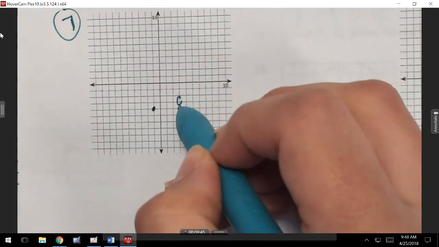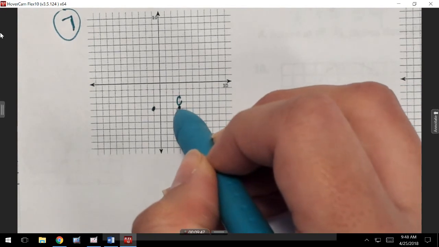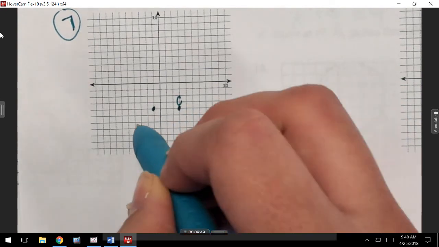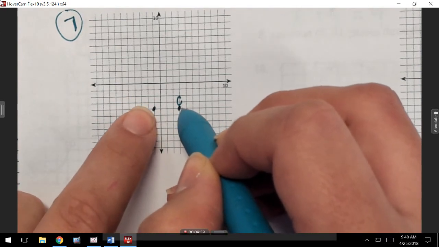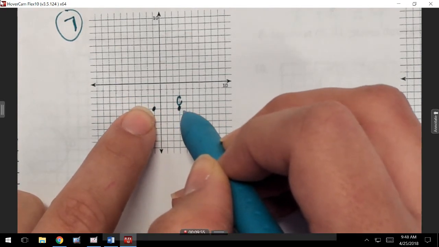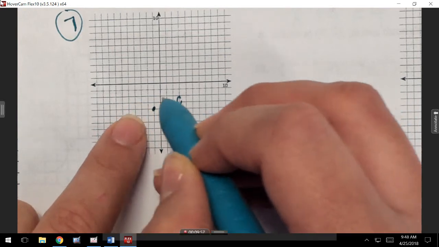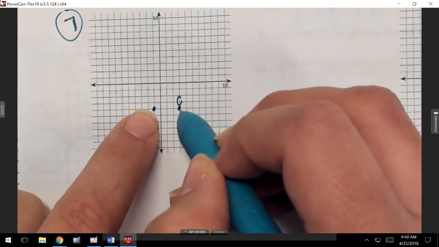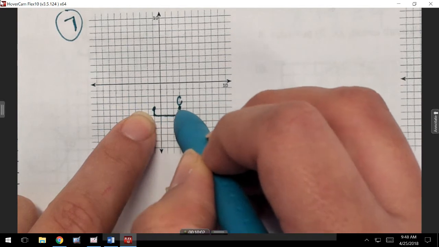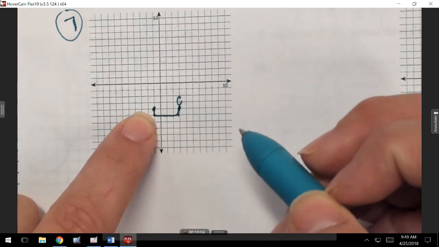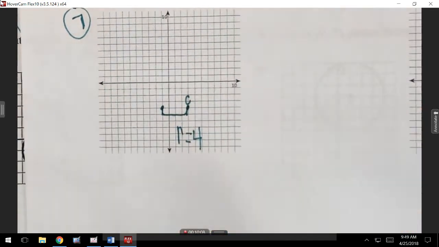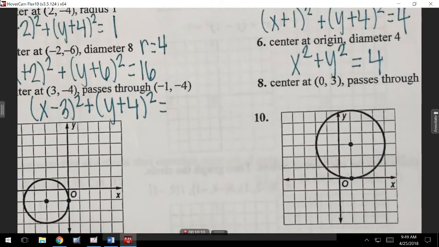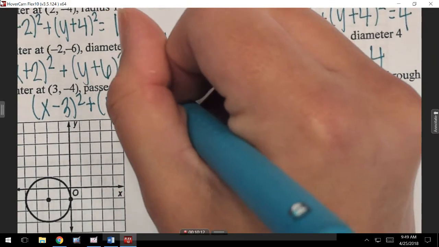So if this is the center, and one of the points is directly beside it, that means from here to this point is the what? Yeah, that's the radius. If that's one of the points on the outside and that's the center, then from here to here is just the radius. So how many boxes did we cover? So if your radius is 4, then in your equation, 4 squared is